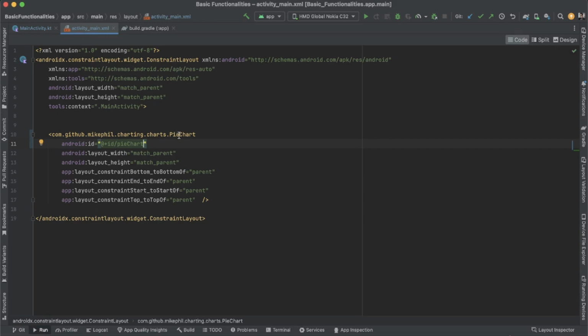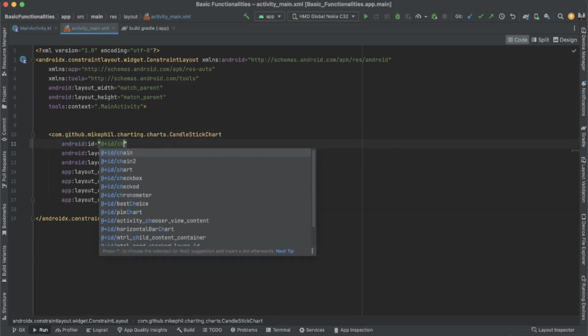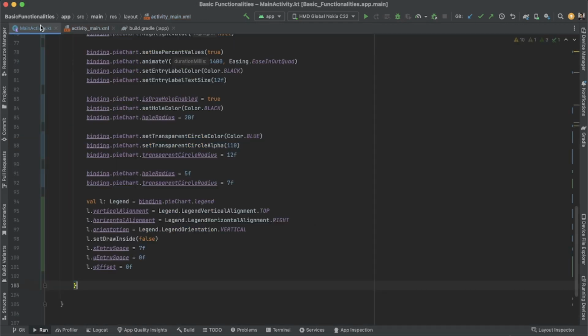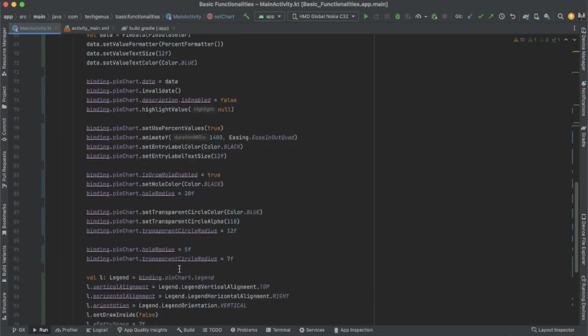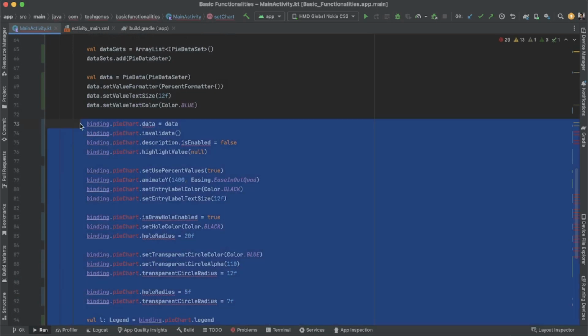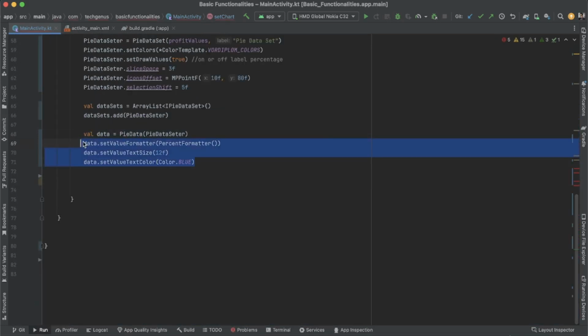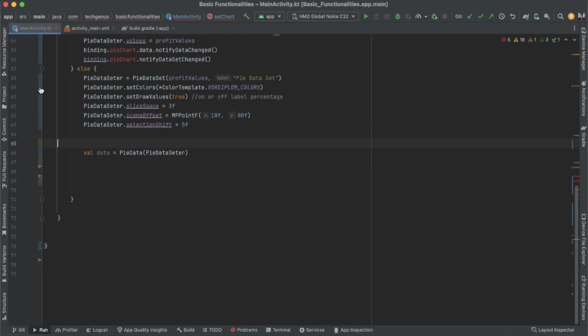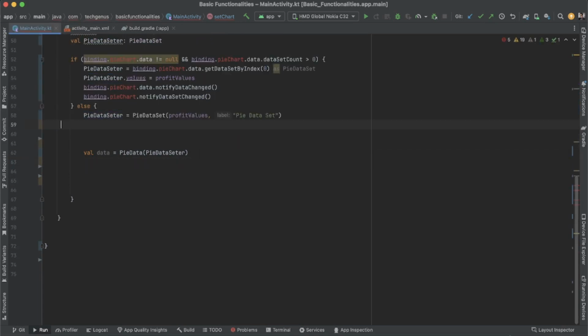If you watched the previous tutorial, you set up the chart. But for now, we need to set this up into a candlestick, so just delete this and then type candlestick. Just rename the XML. For now, we need to delete this data, then delete this data, then delete this, and then delete this for now. Candlestick chart